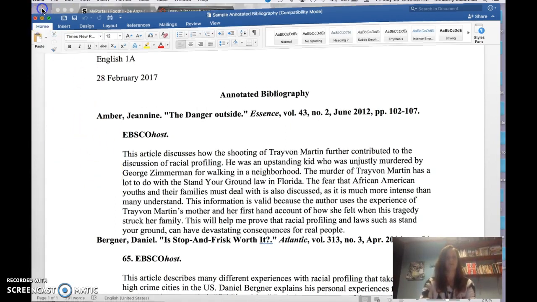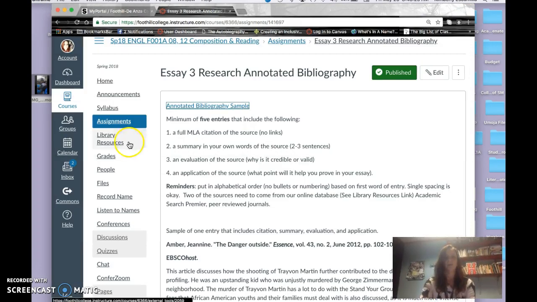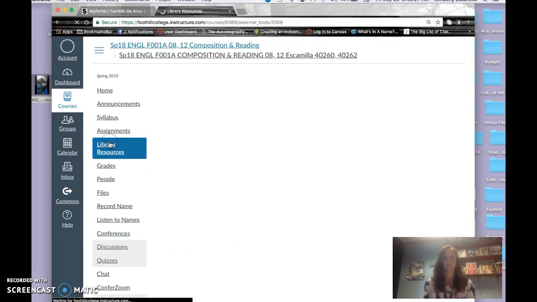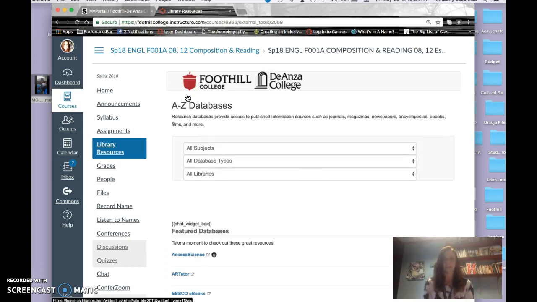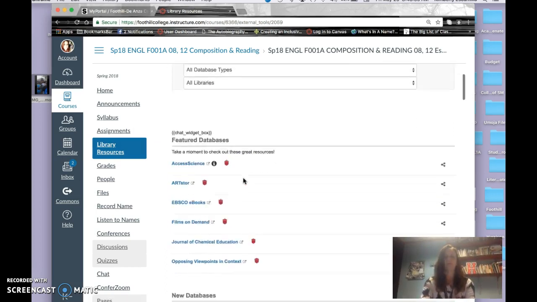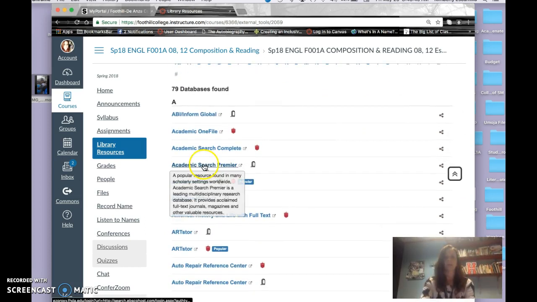Okay, so let's put this back. And then if you go to library resources and click on that, I'm showing you now how to find the peer reviewed journals, and click on A to Z database list. And then you scroll down. This puts you into the Foothill Library system automatically. And if you click down to Academic Search Premier,